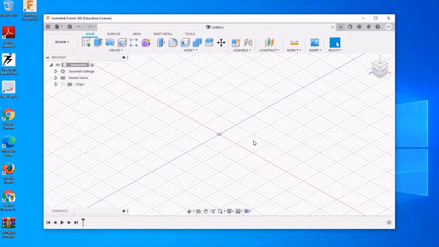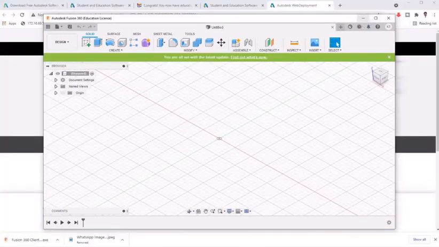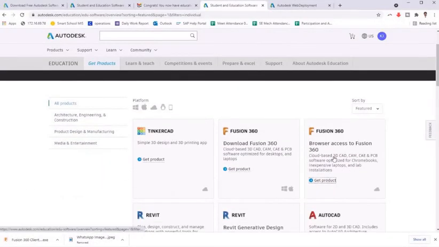Now we will see the procedure for using Fusion 360 through the browser. Again go to this website and select the second product, that is browser access to Fusion 360.